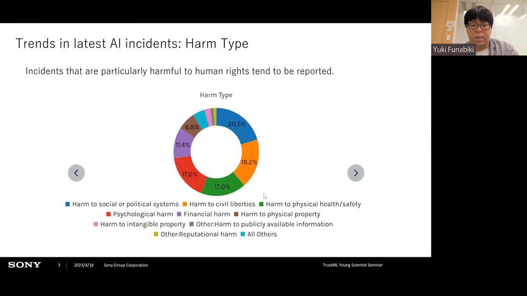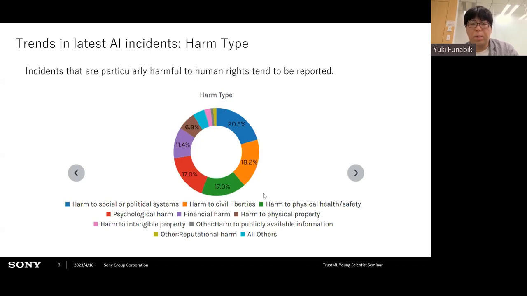In that case, many researchers and academic papers focus on bias, transparency, or fairness. But on the other hand, the harm types also contain financial harm, safety harm, and other physical harm. In this context, governments and corporations have to use their best effort to protect their stakeholders from